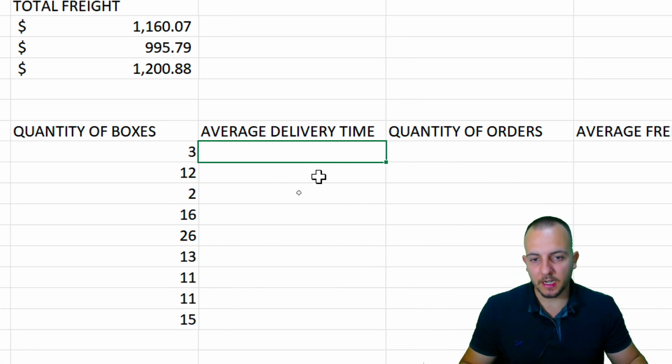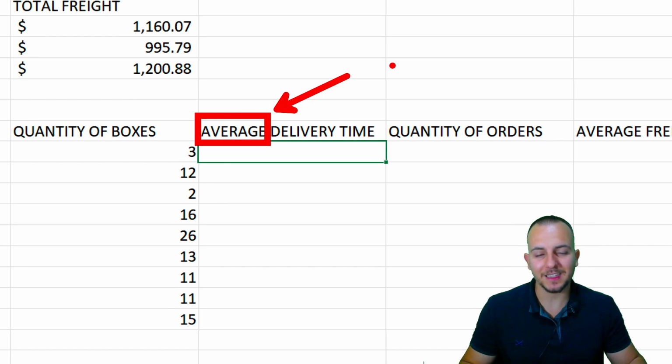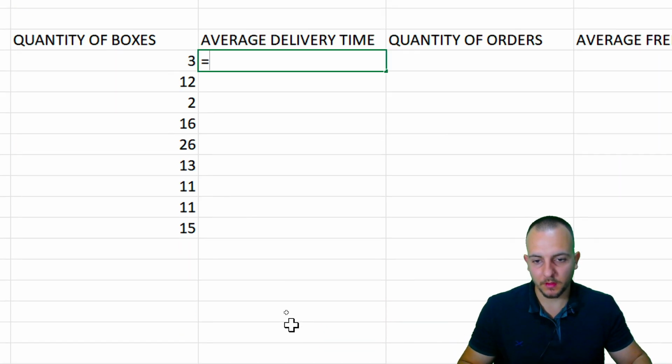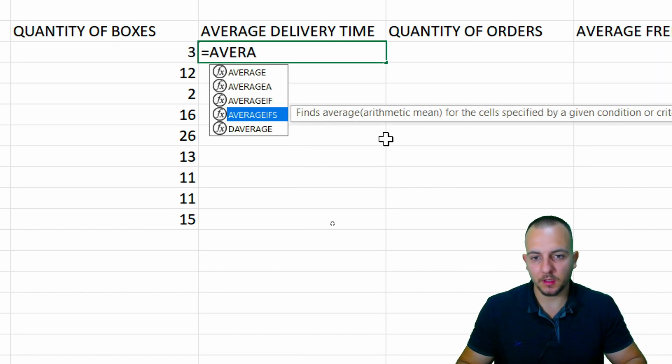Average delivery time. Here we cannot use the Sumif function because I'm talking about an average. It's not the addition, okay? Of course, you can, it's an addition divided by the quantity, okay? But here, instead of using the Sumifs function, we can use the Averageifs. Equal sign, then Averageifs, double click here,